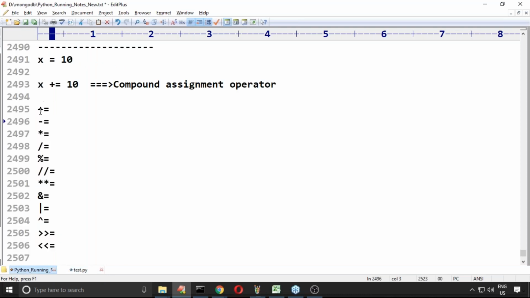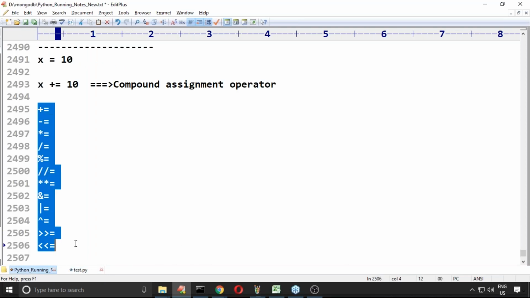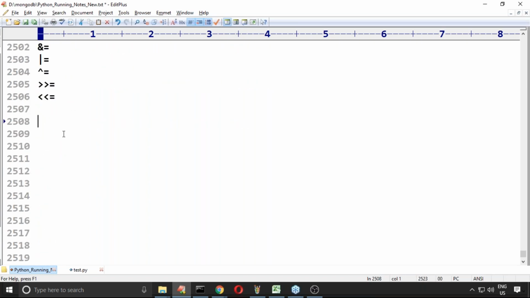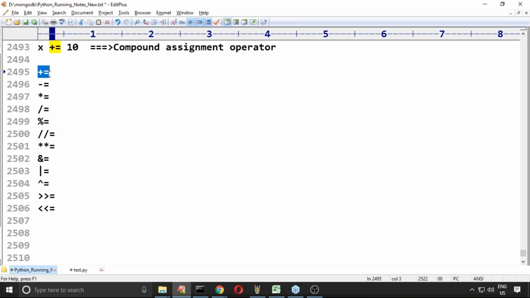Okay, now these are compound assignment operators. Happily we can apply simple assignment and compound assignment operators, right? But here one small twist is there. Can we use something like x is equal to x is equal to plus 20? No, no. It may be treated as plus 20, but it is not going to happen. x is equal to x plus 20. No, the plus symbol is always before equal only. That is the compound assignment syntax.